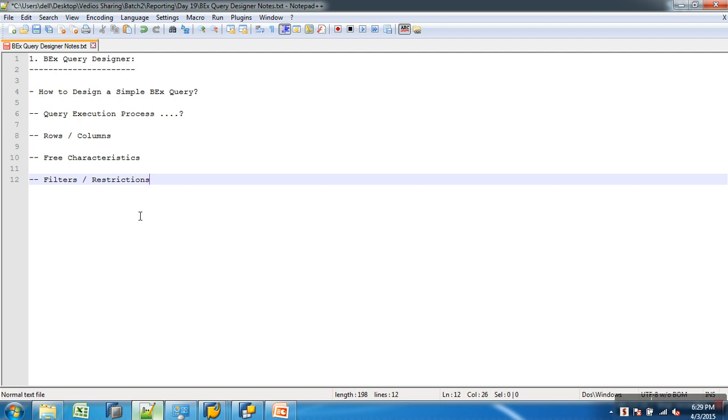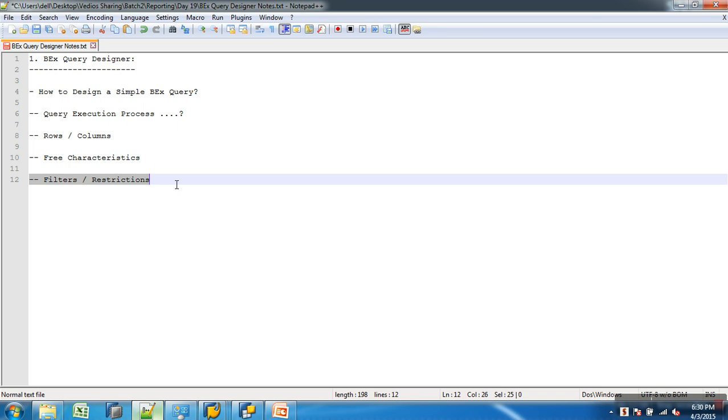Now I want to do this way. Select year, sum of amount from the cube, where my year is equal to 2004, group by year. So I want to have a where clause on year. While reading data from the cube, I would like to have a restriction on year. Read data from the cube where year is equal to 2004. That's English. In SQL: select year, sum of amount from the cube where my year is equal to 2004. In BEx: drag year, drag amount, and then do a restriction on the year.